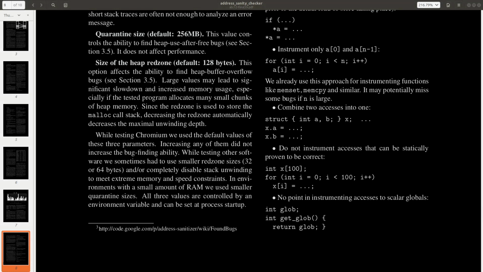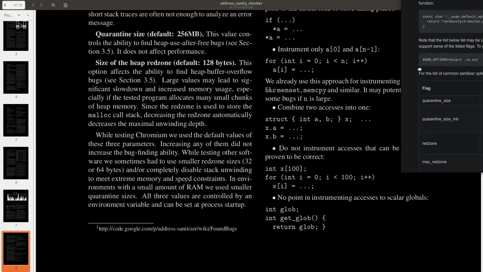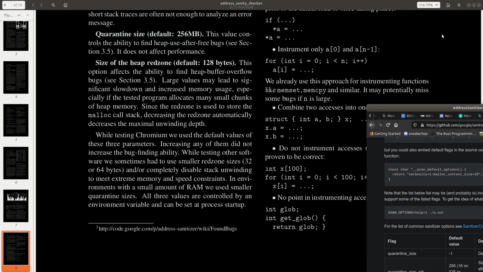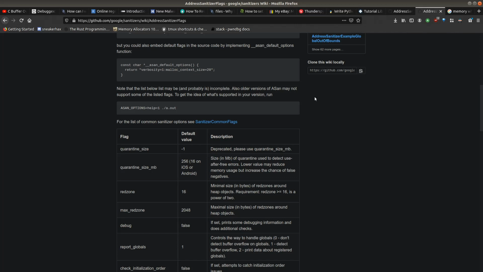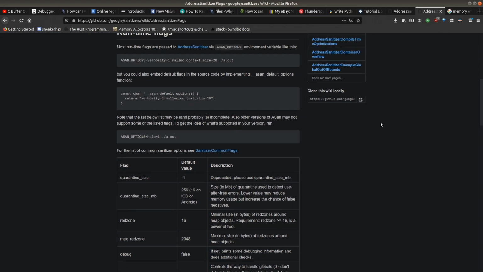And so I'm going to show you those flags real quick and the page to get to. I'll put that in the description also, because it's not really that straightforward how you set this thing. How do you configure AddressSanitizer? A lot of people don't really know. They just kind of run it vanilla. I'm trying to move this window over here. So if you go to this page here,